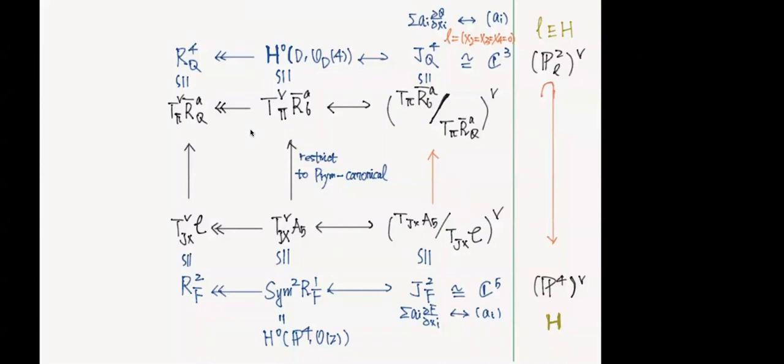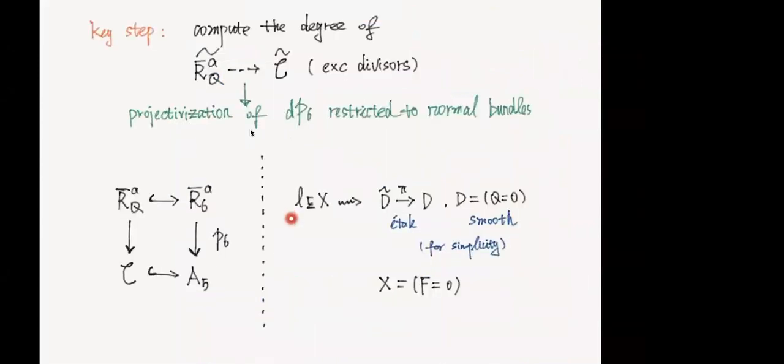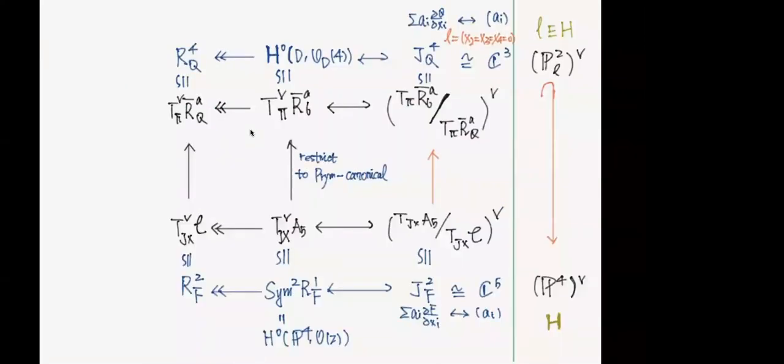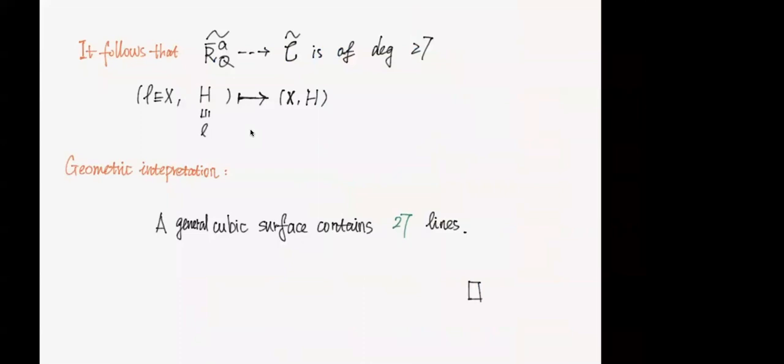So let me explain. So this P2L dual are all the hyperplanes containing this line, and I just send it to the hyperplane, which is parameterized by this P4 dual. Okay, anyway, so let's say the upshot is that if I look at the finite map